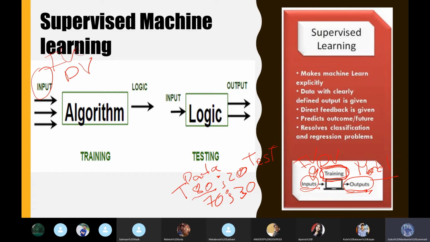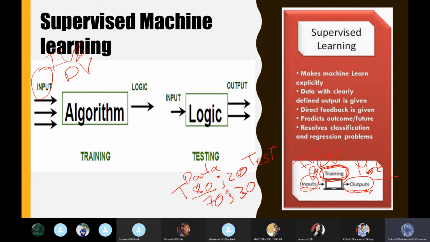Why am I telling both independent and dependent? Because you need to label them. You need to mention which is the dependent variable and which is the independent variable in the data set. That is a must for supervised machine learning methods. In unsupervised, you don't need to label it. You just give the data, and the system itself needs to understand which is which. But in supervised machine learning, you tell it that this column is the dependent variable, and it needs to be predicted with the help of the other columns, the other variables. That is how supervised machine learning works.